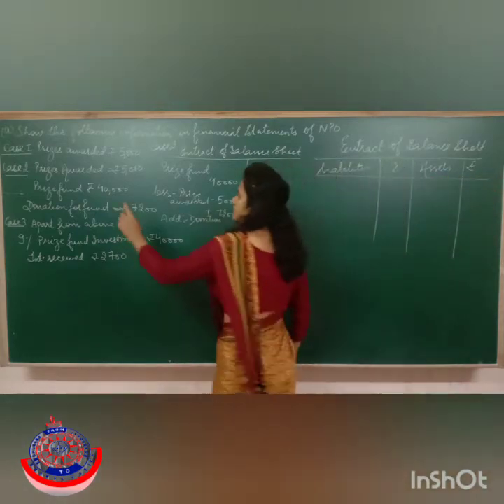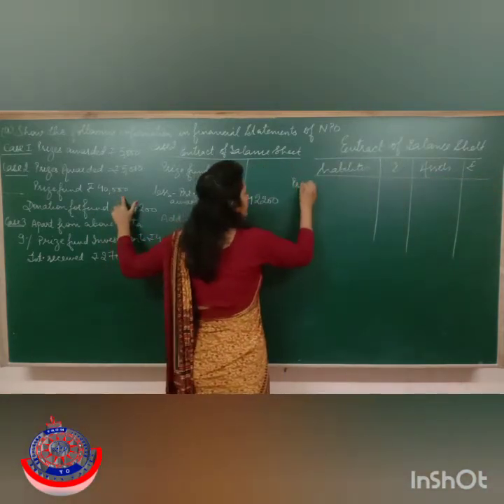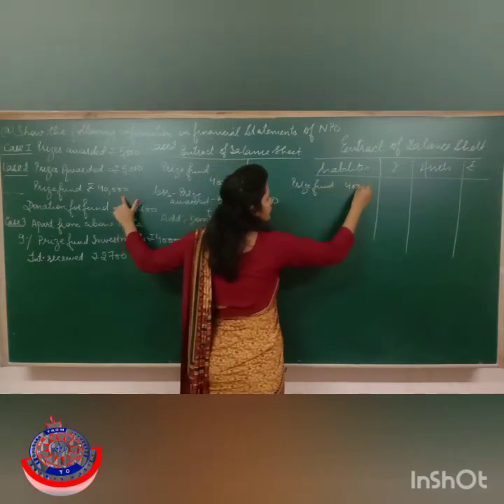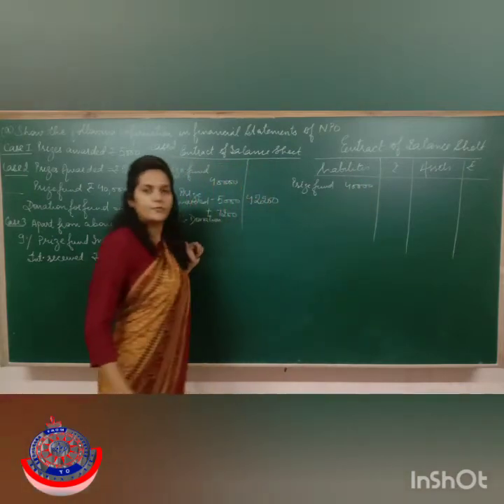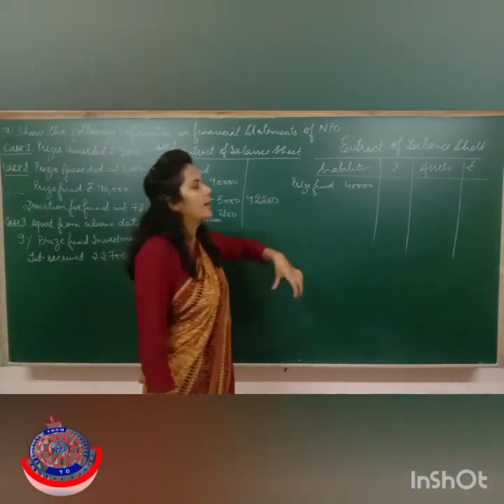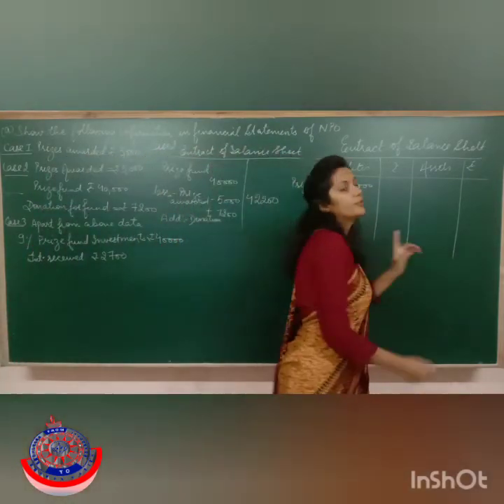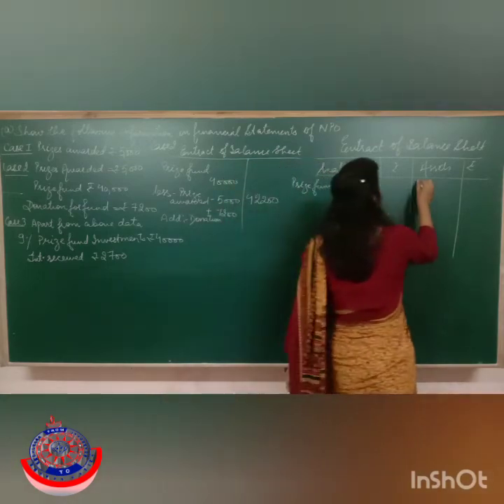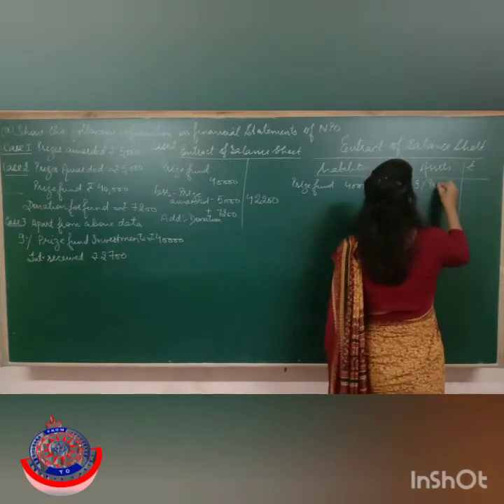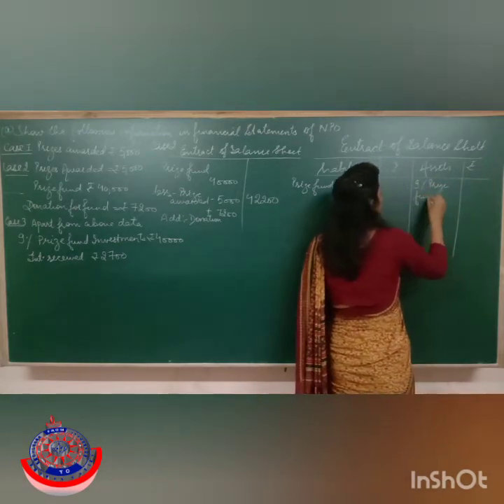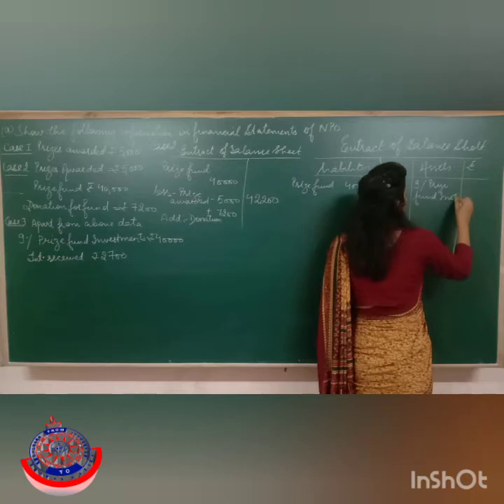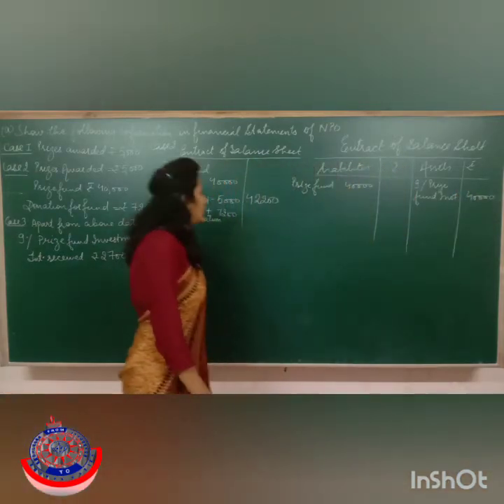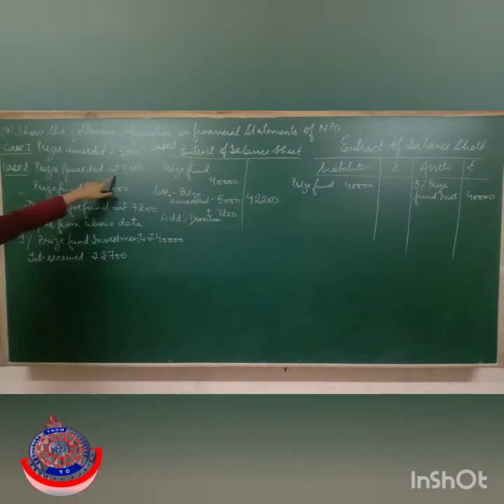So now let's start with prize fund. Prize fund is of rupees 40,000. That's not going to change. It's a liability for you, you know that. Now this fund you might have invested somewhere, no? So now the investment made by your organization is an asset. So you are going to write here 9% prize fund investment rupees 40,000. Fine.